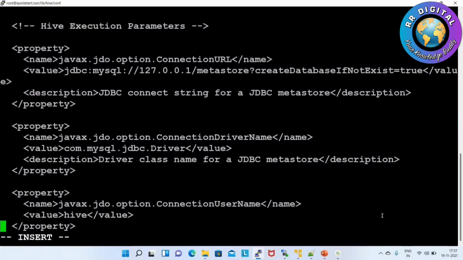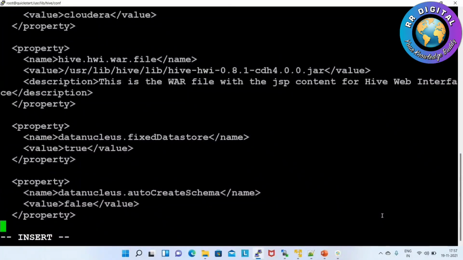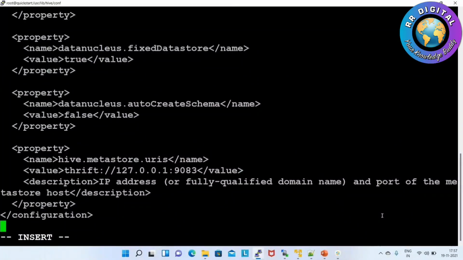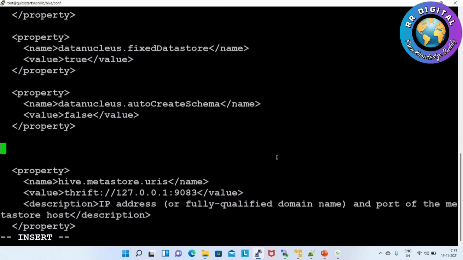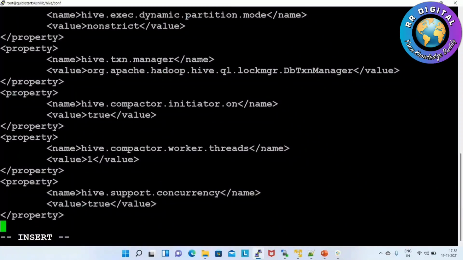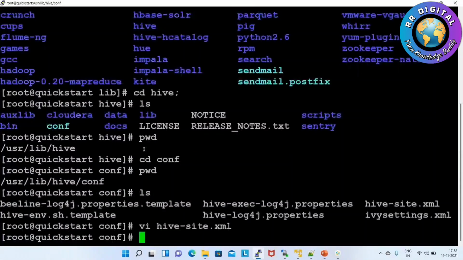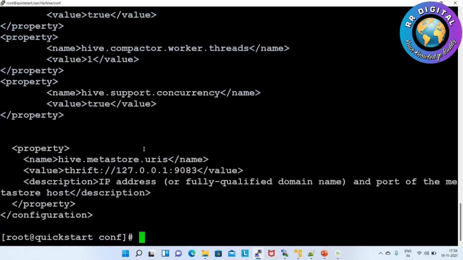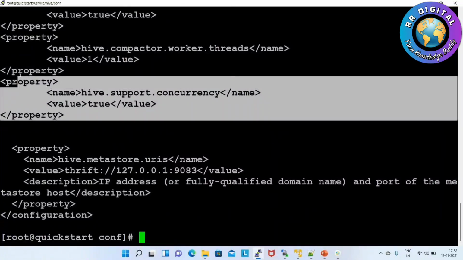I will add these properties at the end; I copied the properties already. Then escape, colon wq, which will save and come out. Now we cross verify whether those properties are saved or not, by viewing hive-site.xml. Here all the properties are saved.